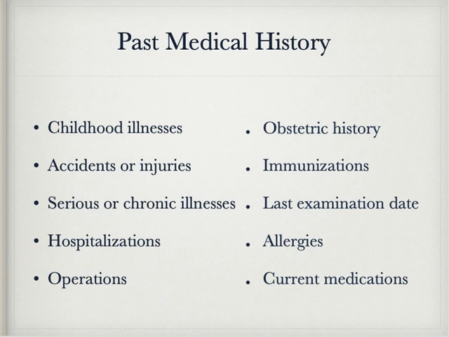Obstetric history, we'll talk about this a little bit later down the road, but when you get into OB, you'll cover this more. We will typically put it as gravida 1, para 2. We actually separate it out into how many times they were pregnant, how many times they actually delivered, how many were term, how many preterm. You'll gather that when you get into OB, but you quantify how many times they've been pregnant, because